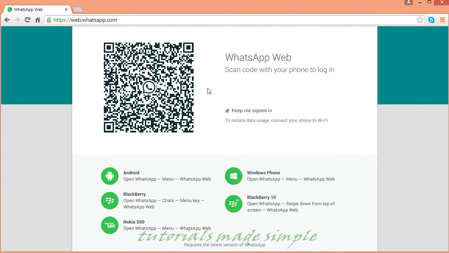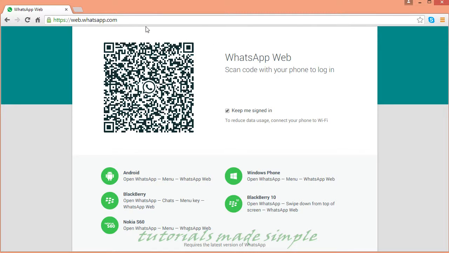This scanner is embedded in the WhatsApp app already, so you don't have to look for scanners or QR scanner, anything to scan these codes. But remember, for now, this application, this innovation is working only on Google Chrome. They are still working on bringing it onto different platforms, different browsers. So I will be using the Google Chrome for now, and I believe if you use it, it will work for you as well.